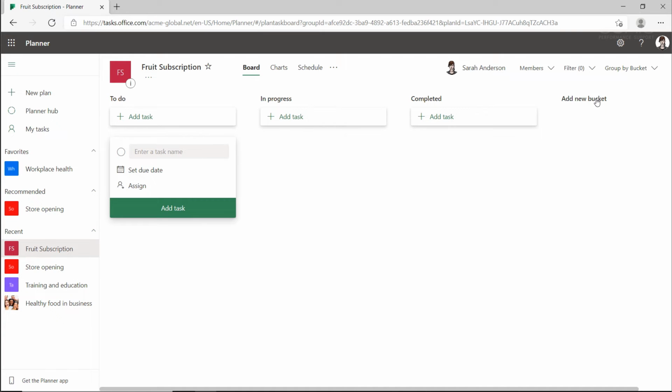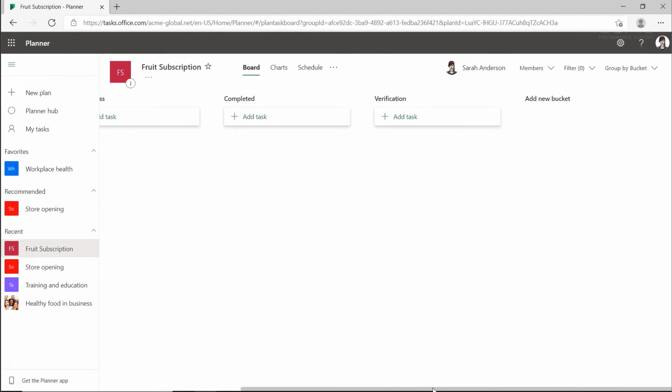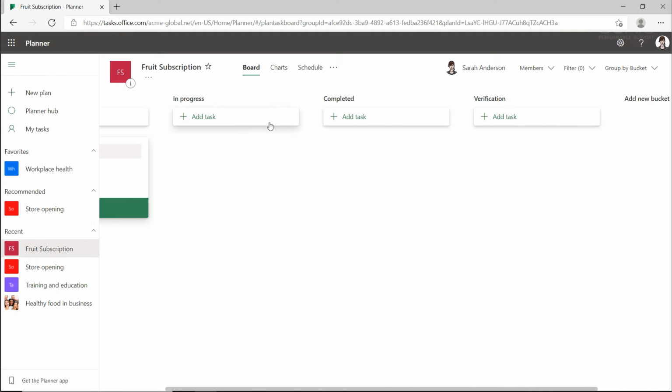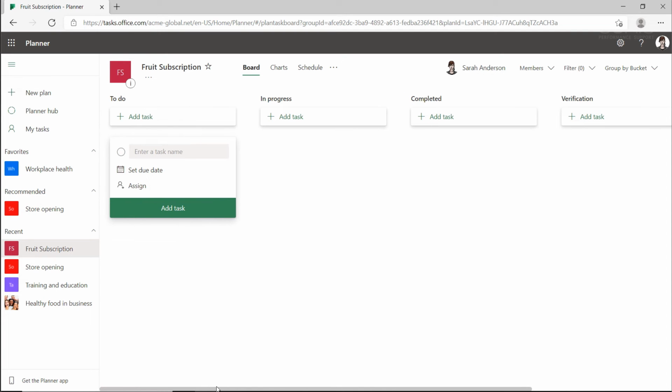If you add more buckets, you can also move all columns that are not on the far left or right edge to the right and to the left. Makes sense, right? You can see how the Planner application does not overload you with too many options. This ensures that you can always find functions you are looking for quickly and that no valuable time is lost